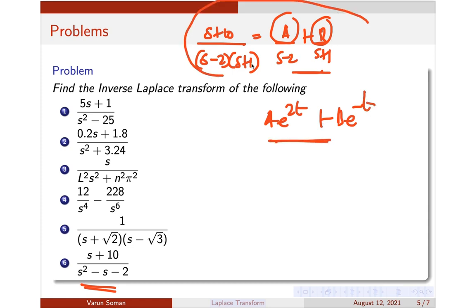Okay, and let me tell you, these two problems can also be done by other methods once we study convolution, etc., which deals with the multiplication of Laplace transforms. So you can do it more easily in that way also. So that we'll study in a later part of the syllabus or later part of this module. For now, please resort to partial fractions. Now what I will also show you is another method by which you can do these types of problems, that is by the shifting theorem. Okay, so I hope all this is clear by now. Please try to complete each and every question by yourself. If you have any doubts, you can ask me in the live class session.